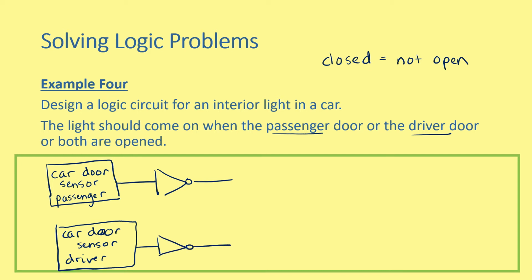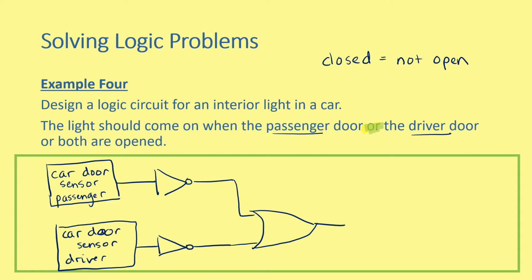The light should come on when the passenger door or the driver door, oh, that's a rubbish highlighter, isn't it? Or the driver door or both are opened. So it's not an AND gate we're using this time, it's going to be an OR gate. Remembering what your OR gate looks like, we've got curved back to it,